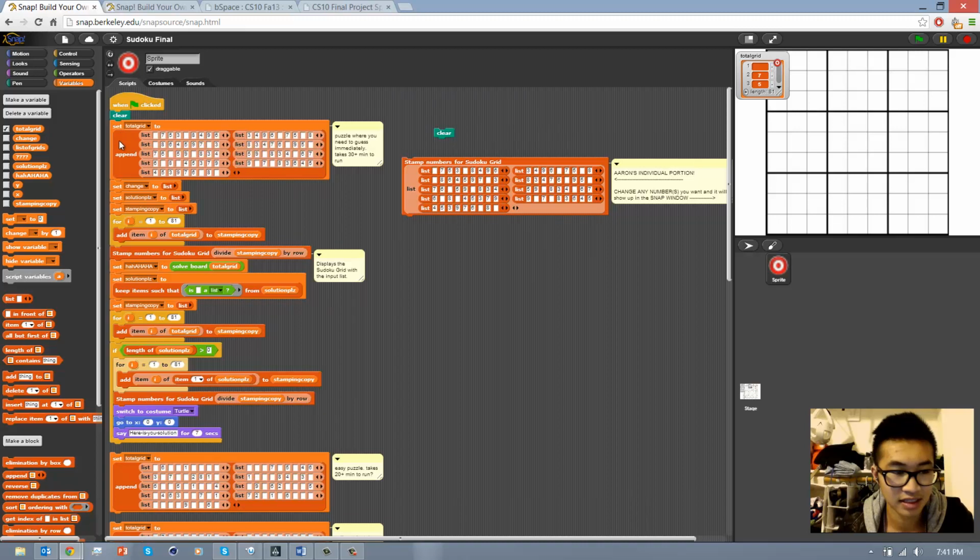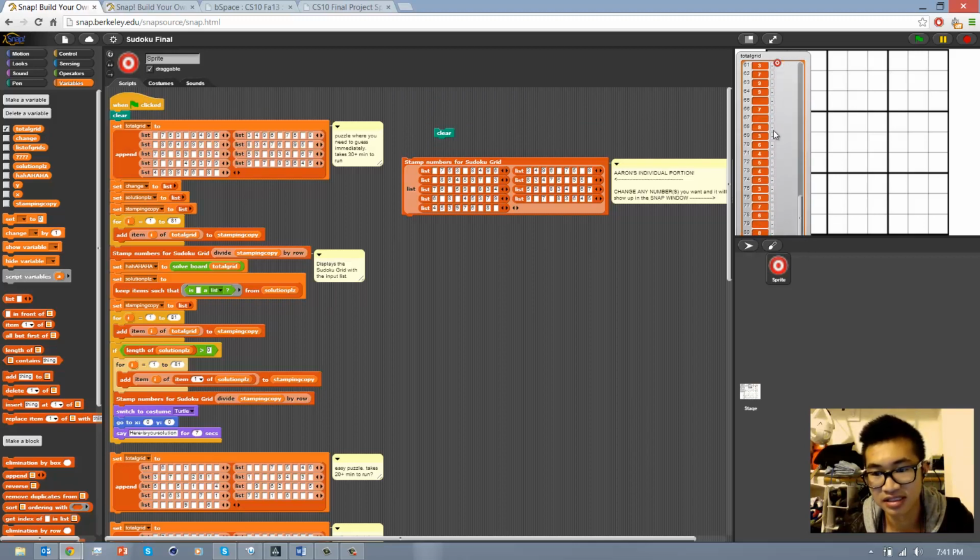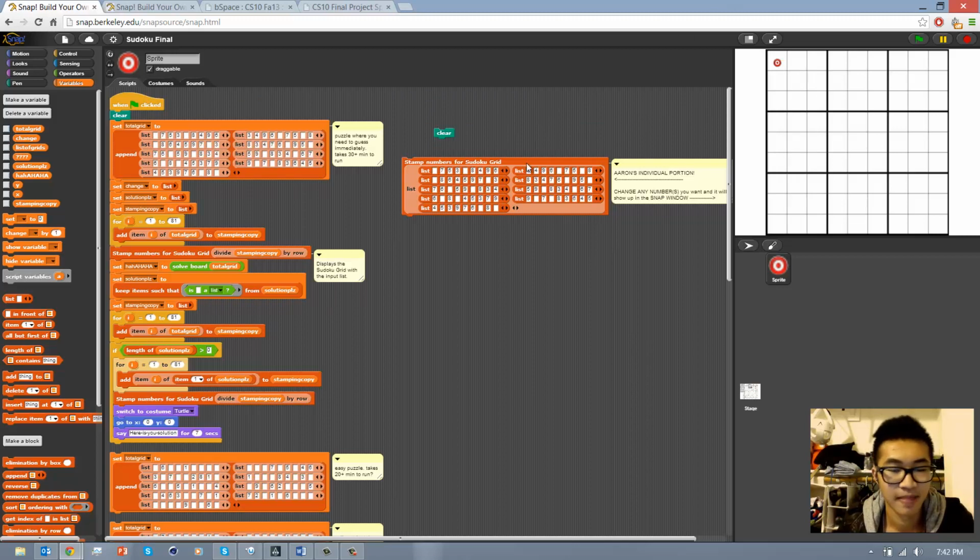So basically, Caroline appended a list of length 9 to a length 81. So as you can see in the Snap window, this list has 81 items. But then my block takes in a list of length 9, and each item of the length 9 list is a row. So what happens is it goes through the first 4 blocks, and then it goes to the stamp numbers for Sudoku grid block,